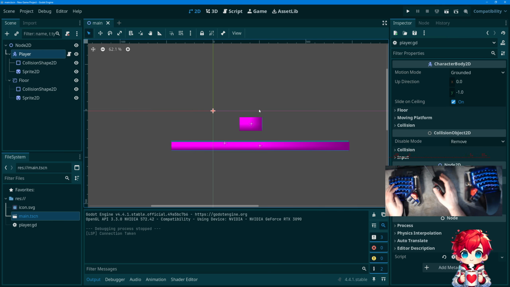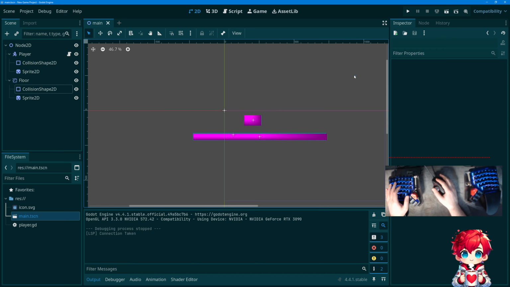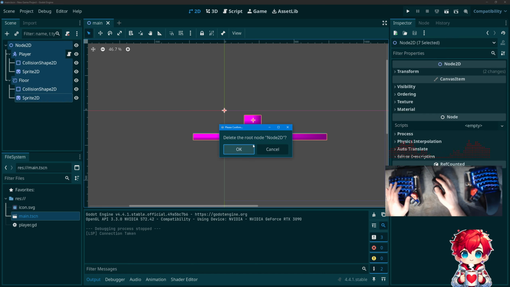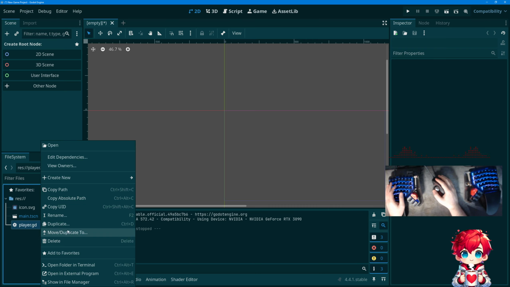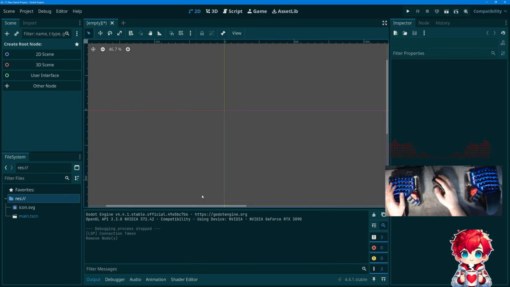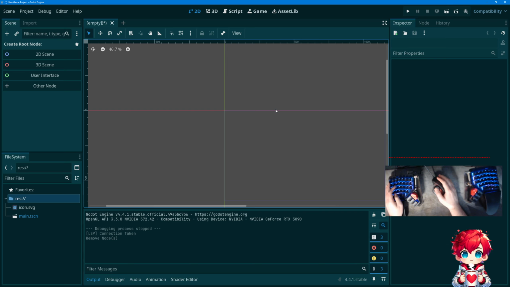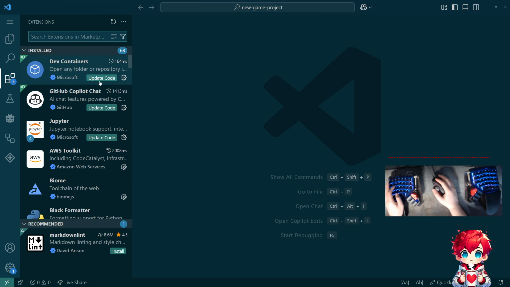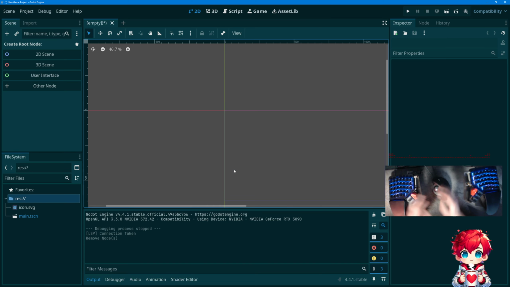Okay, so we have this, and can I just select all of this and delete? All right, and it's gone. We're starting over, and in fact, I'm going to delete the script too, and it's gone. Cool. Also, we need to update VS Code apparently. And a nice black screen while it pops up with confirmation. All right. Well, anyway,